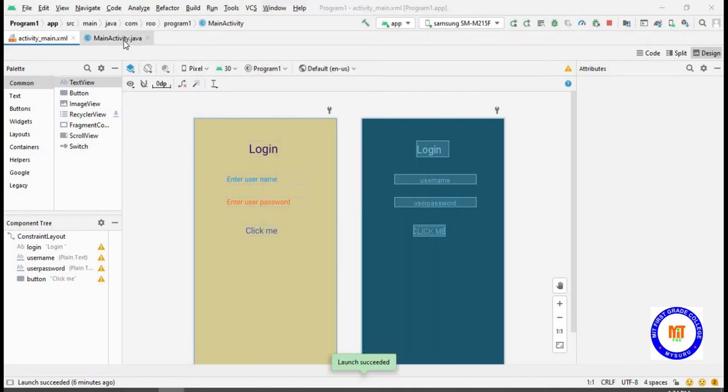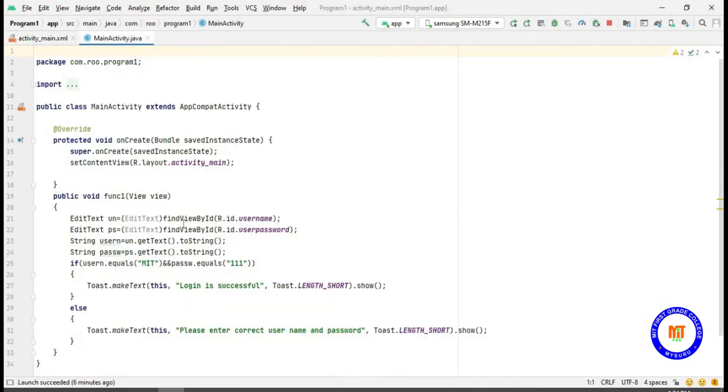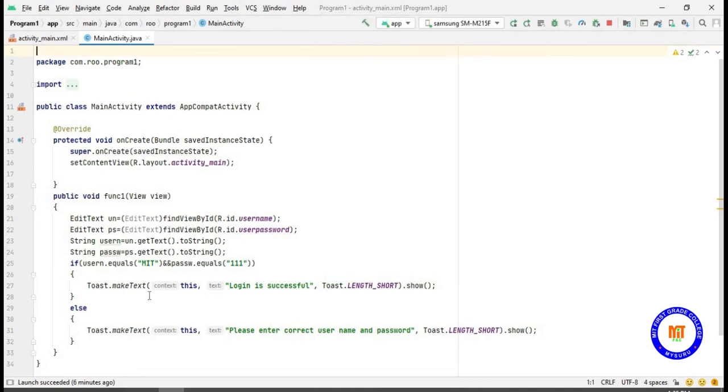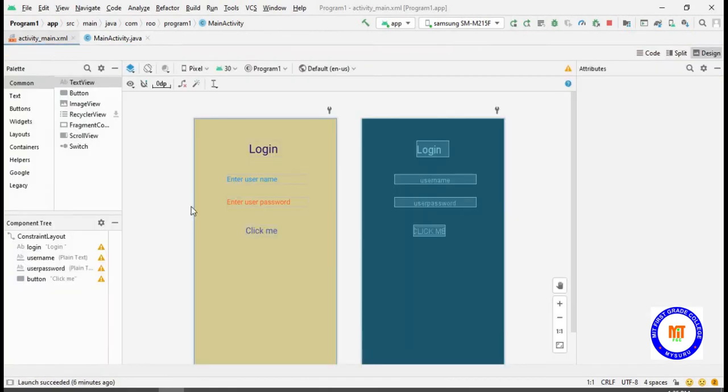In the Java code you can check here, I have given username is equal to MIT and password as 111. If it is equal, then I have to print login is successful. So here using the toast, I'll be showing the pop-up message that login is successful. Otherwise, I'll be showing please enter correct username and password. We'll check with the program.